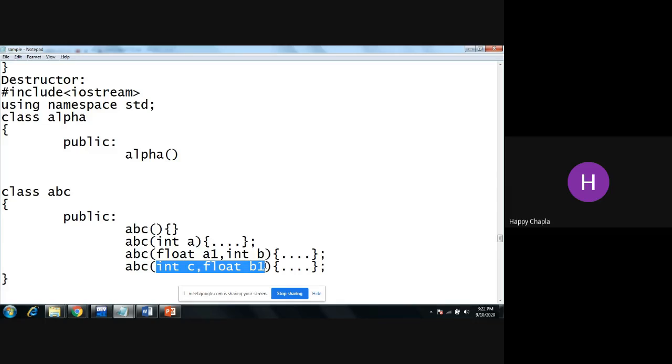One thing we had already discussed: if you want to implement the default argument in the constructor concept, you need to keep in mind that it should not be the same as your default constructor. If I write 10 over here and at the time of constructor calling using the object I don't pass anything, it assumes my a value equals 10.